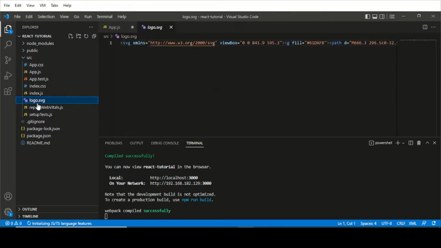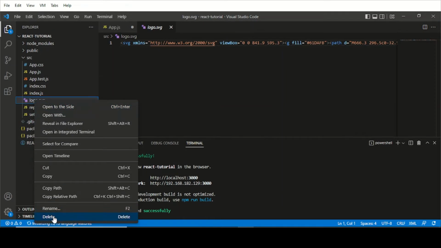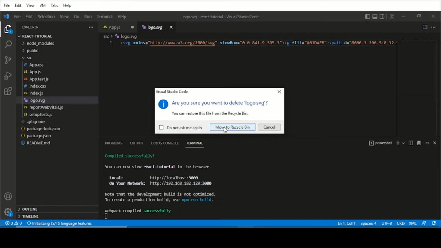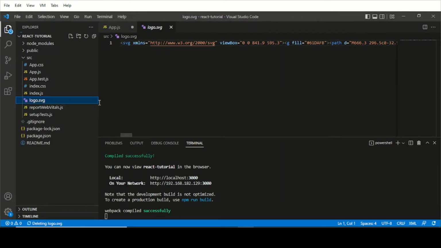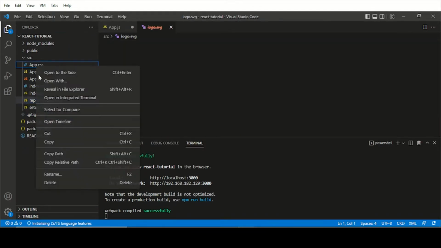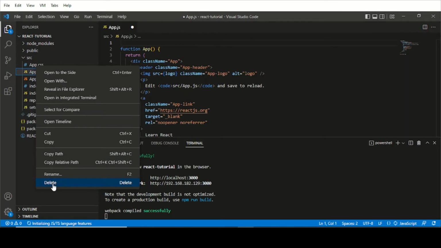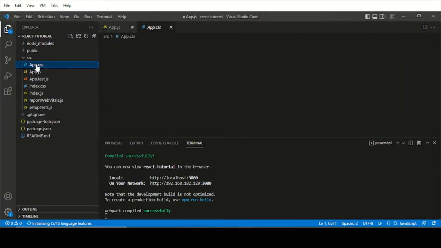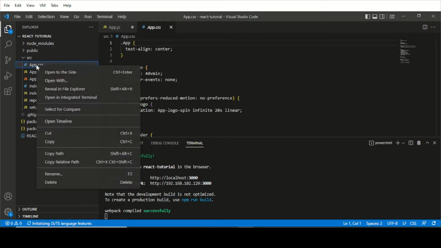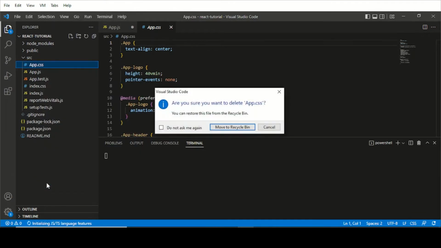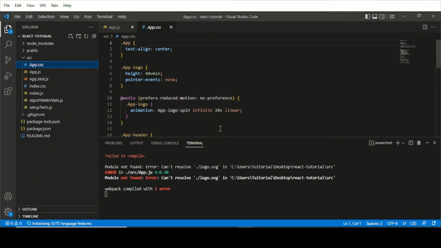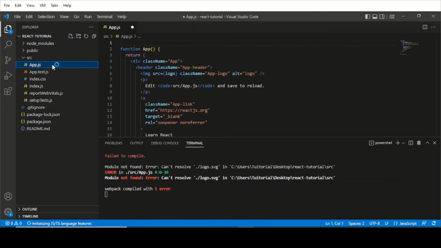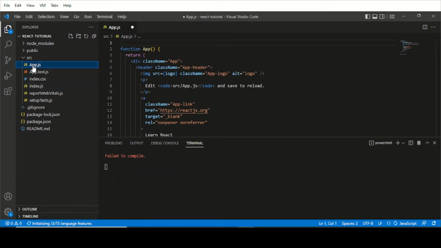I'm going to delete this logo.svg, and also this one, the app.css. Okay, then let's head back to